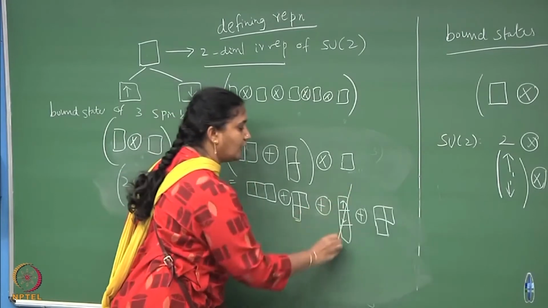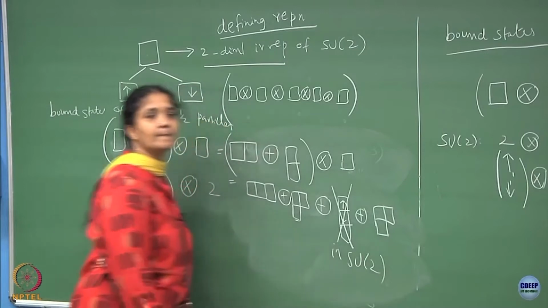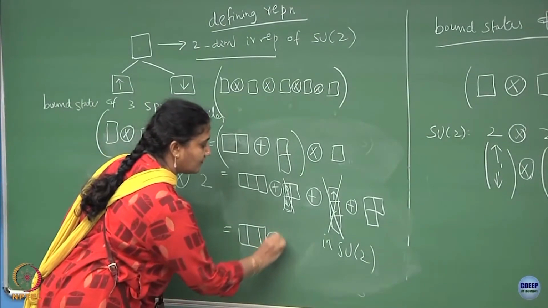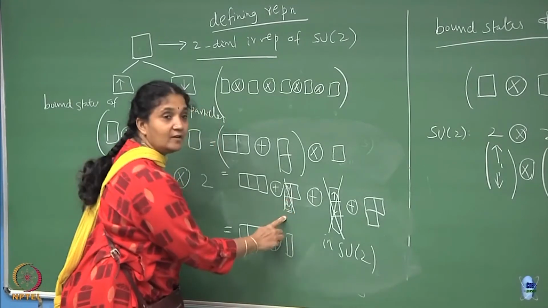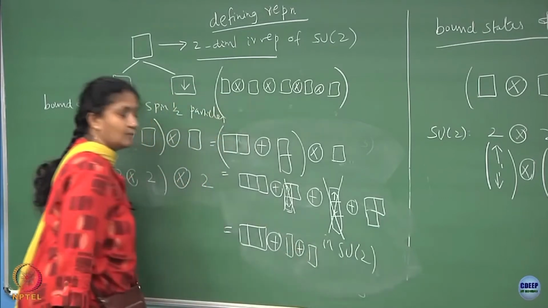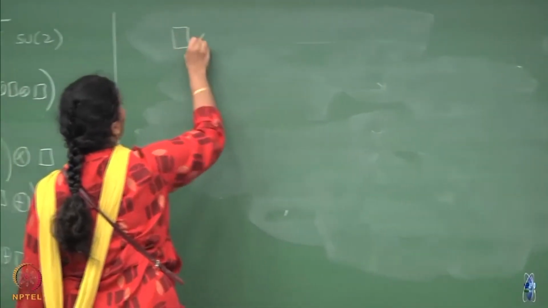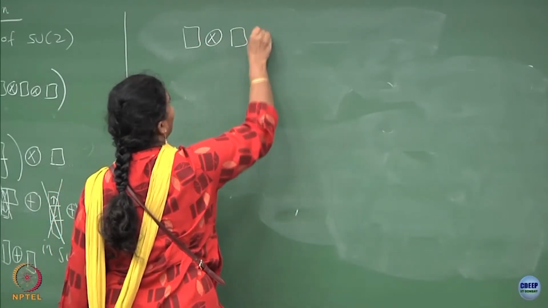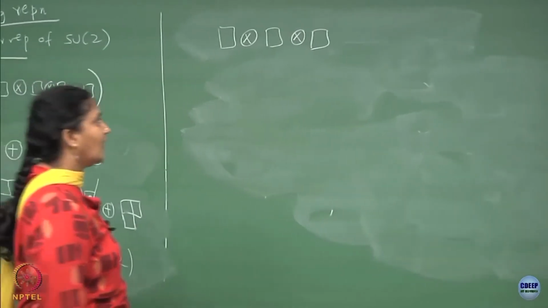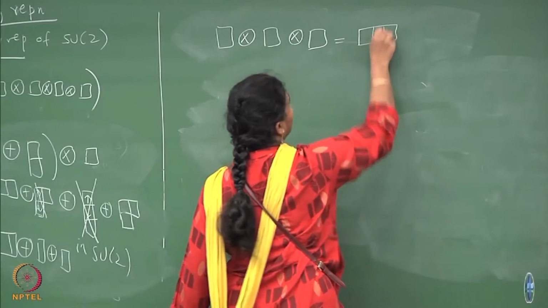So, this is not allowed in SU2 diagrams as if it is, this is for this and similarly here. Okay. So, I have shown you that a composite bound state involving 3 spin half particles finally for the SU2 can be drawn as